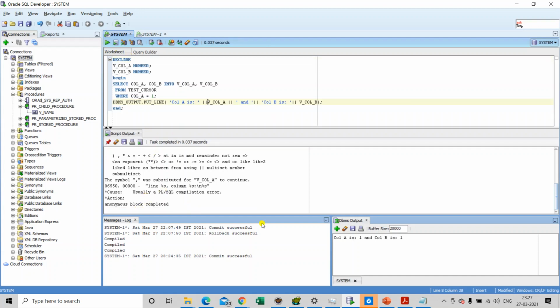It is showing anonymous block completed, and on the output screen we are able to see both the variables that